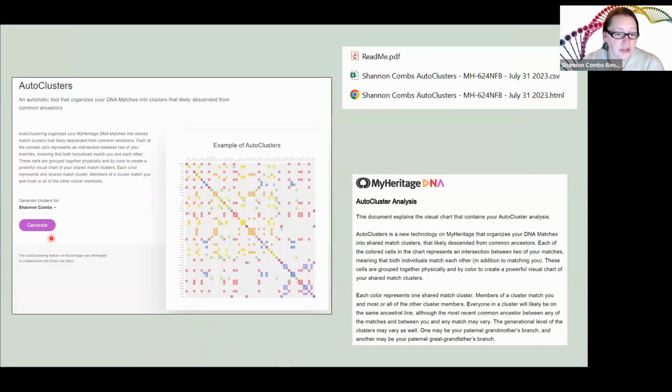You have to push the little generate button, and it is going to pull together all of your matches, which are all of these different dots over here. And it is going to pull them together into a readable graph, kind of like a matrix graph. If any of you have ever been over at Family Tree DNA and used their matrixing,